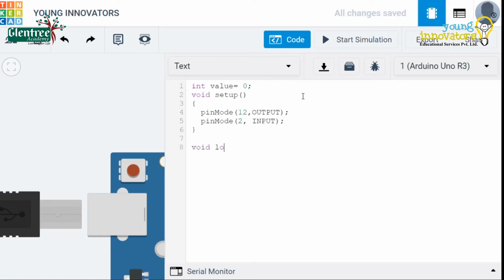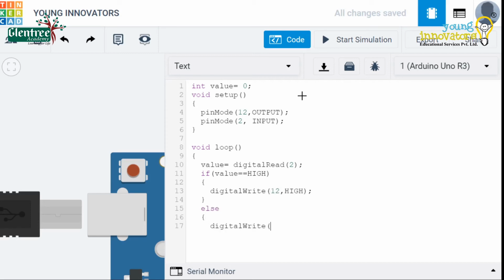Next, the looping statement goes as shown. This completes the code.